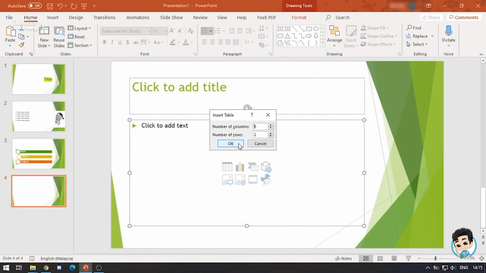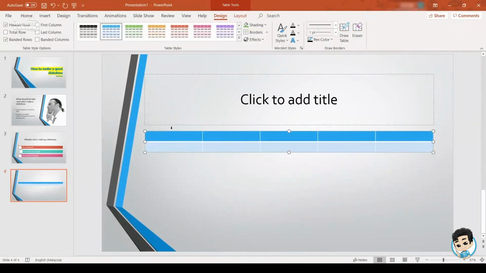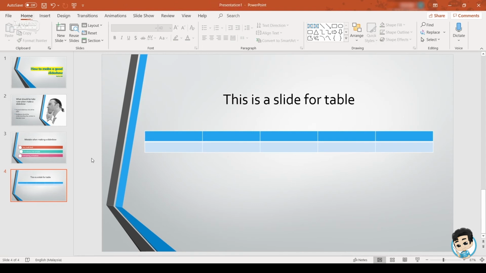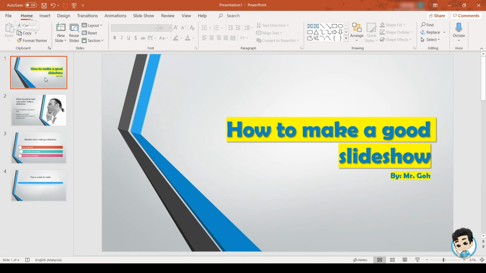Instead, we insert some tables. Let's insert some tables. Okay. And also, when you are going to the next slide, something else. Okay, let's preview our slide first. So, how to preview your slide? You're going to click on here, the slideshow, or we are pressing